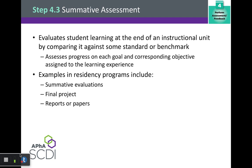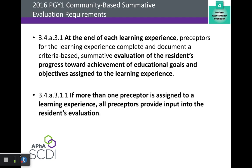Summative assessments, on the other hand, are the ones that take place at the end of a rotation. They usually are compared against some sort of benchmark, maybe a previous performance, and they are more formal. So here it would be through an evaluation. And basically, at the end of each experience, you have to document their progress towards the goals and objectives assigned